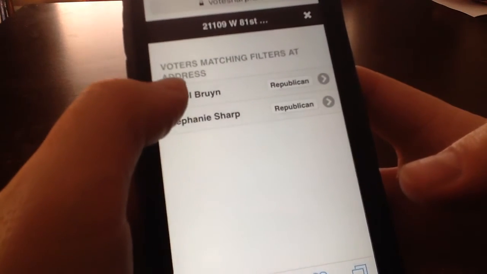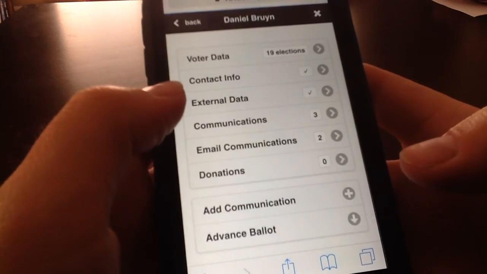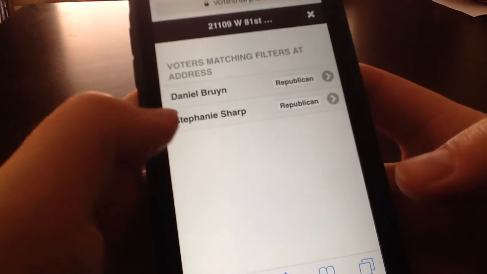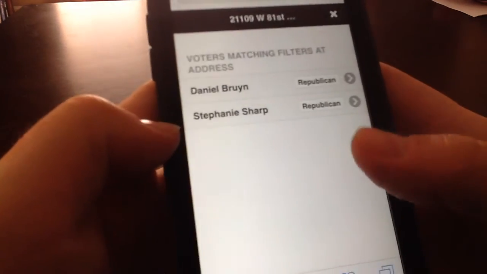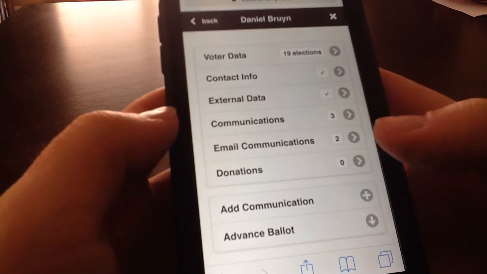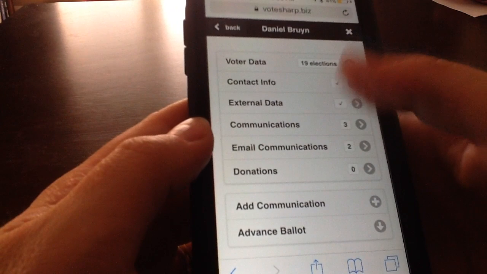So let's look at Dan's file. That's a good example. So as you get to a door, you have a good idea of the people that live there and then their party affiliation. And when they answer the door, you can go in and log a communication for someone. So I'm actually going to skip all of this part. This information is just FYI, mostly for the candidate. The bulk of what a volunteer is going to do and what you're going to